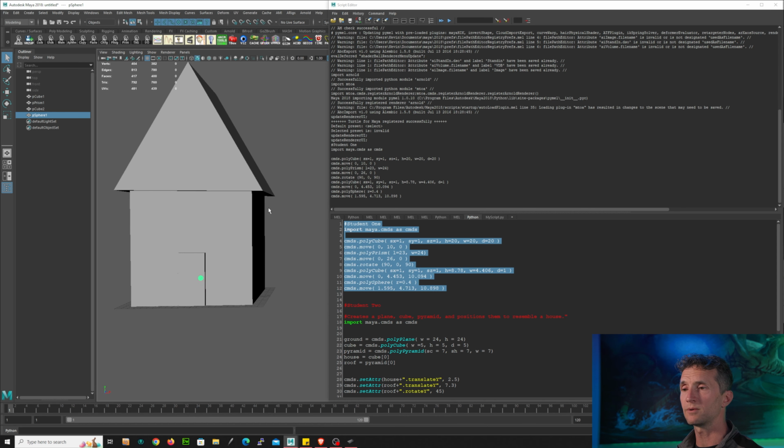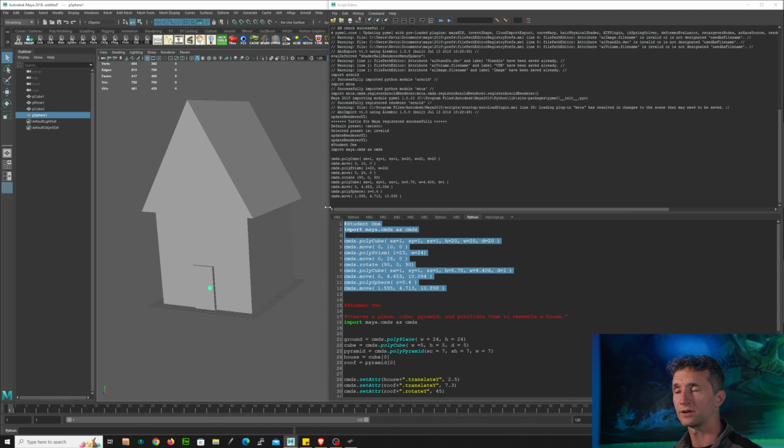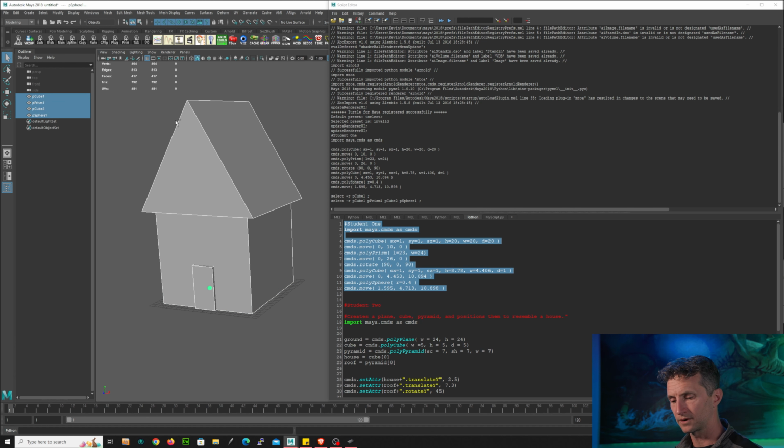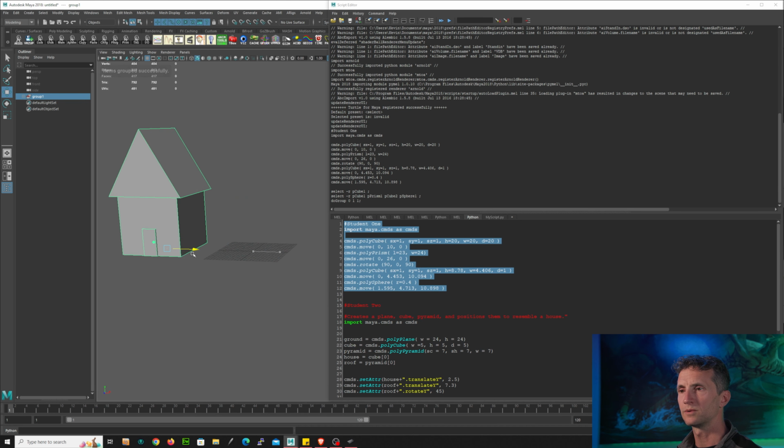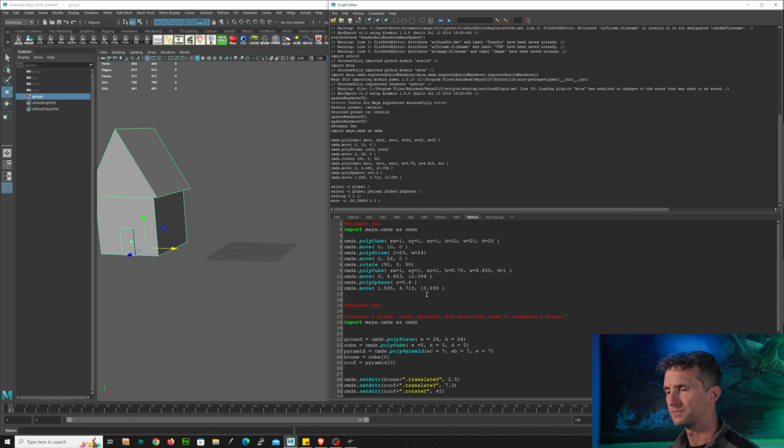All right, student 1 came up with, it's pretty cool. It's a house, it's got a door, it's got a roof, totally completed the assignment. That's great. I'm actually going to take this and I'm going to group it and I'm going to move it off to the side to make room for student 2. Now, before we move on to student 2, let's just take a quick look because we should be able to, thanks to,